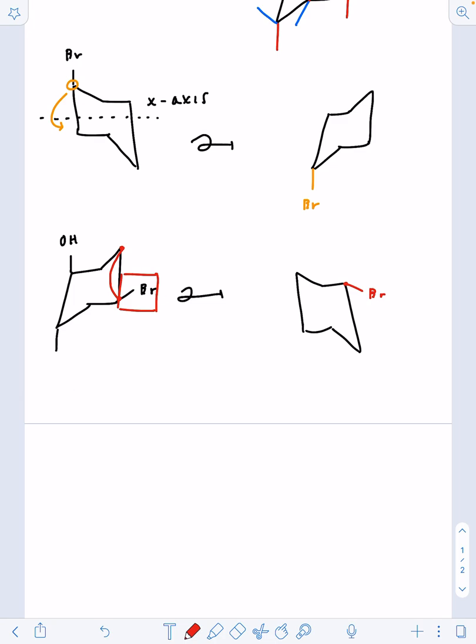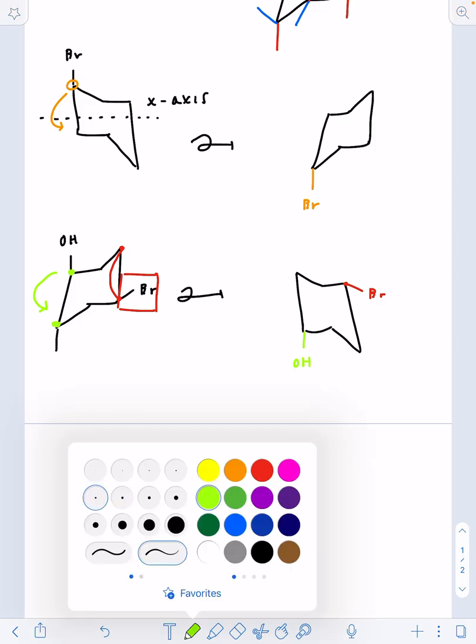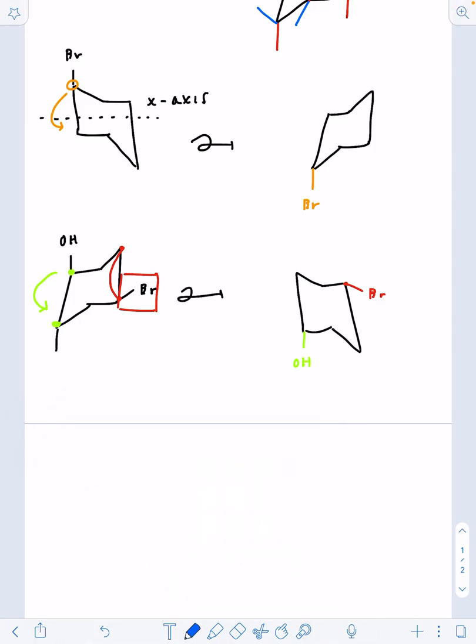Right there. Our OH group is up and axial, so it's going to end up down and axial here. It's really bright, sorry. Methyl group starts down axial, so it's going to end up